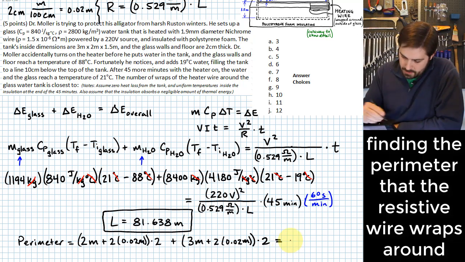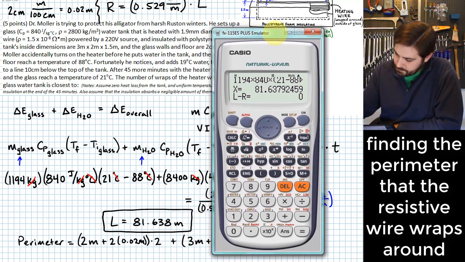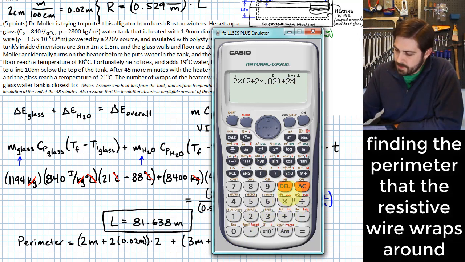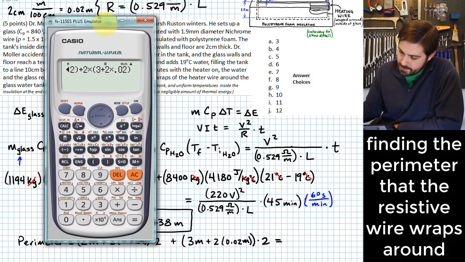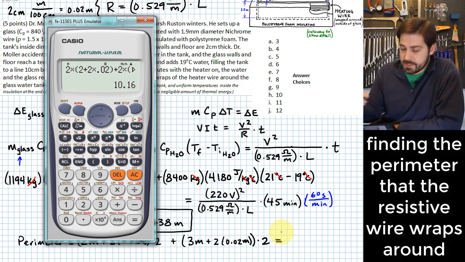So let's do this. I'll put my factor of 2 out front actually. 2 plus 2 times 0.02 plus 2 times 3 plus 2 times 0.02. That's that second part right there. And we'll hit equals. That tells me that for 1 wrap of wire around the tank,